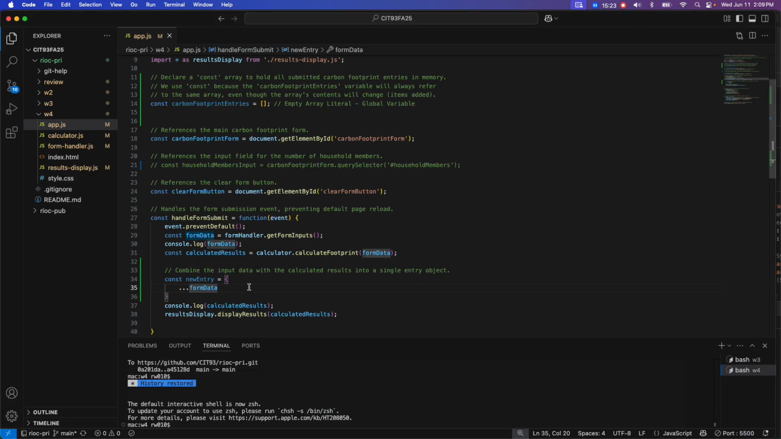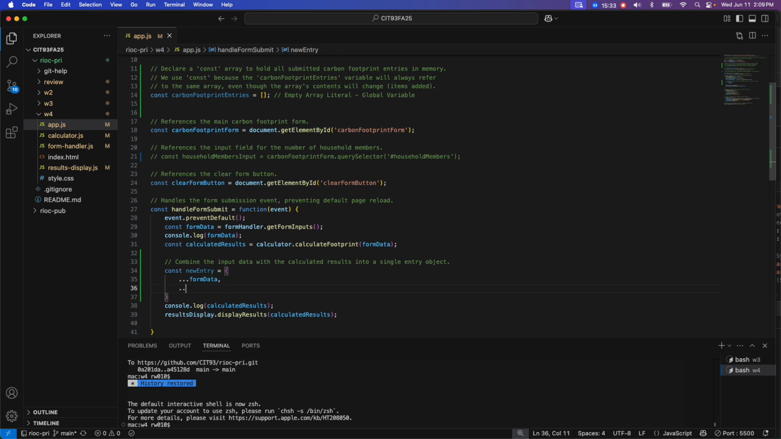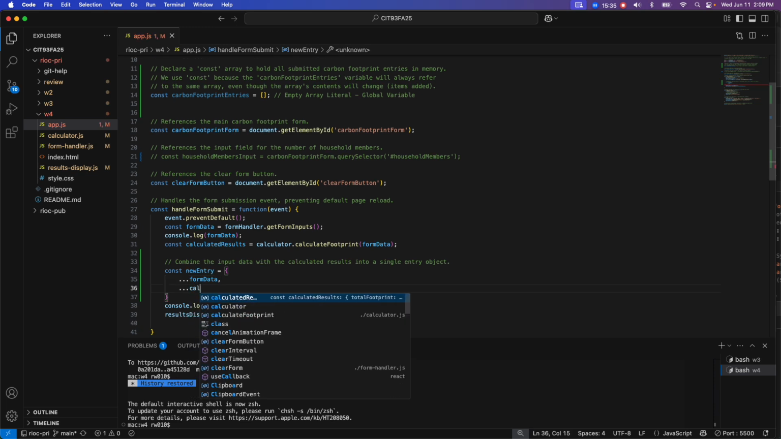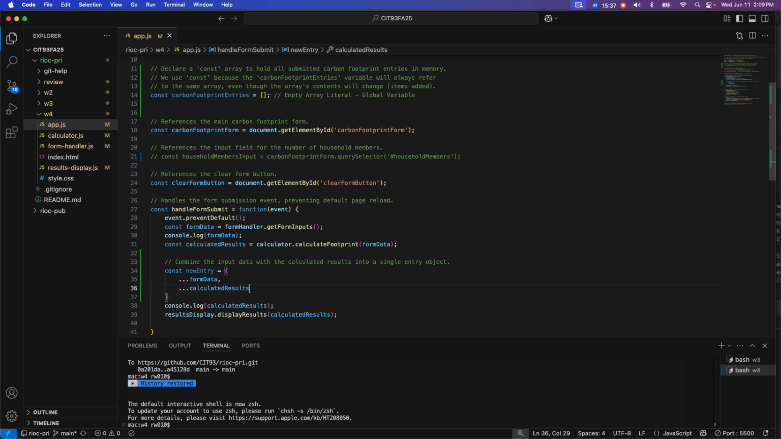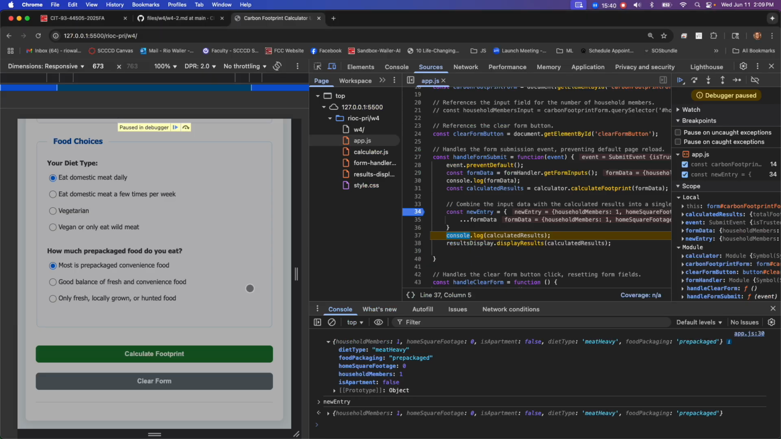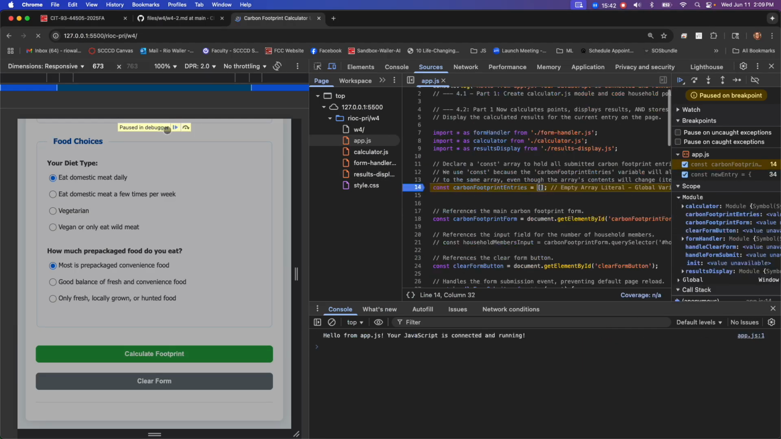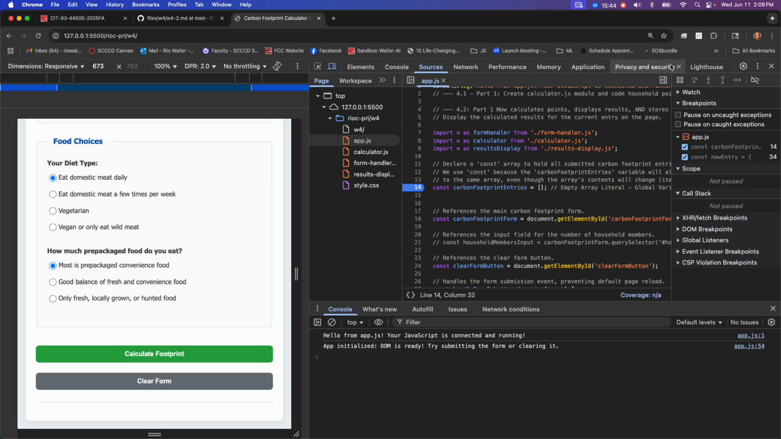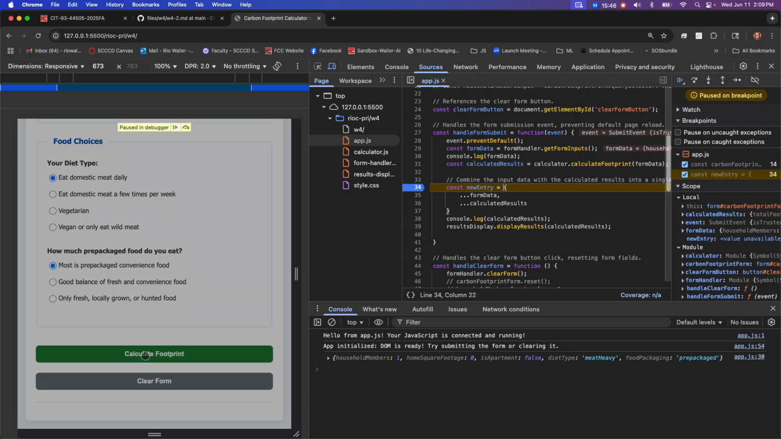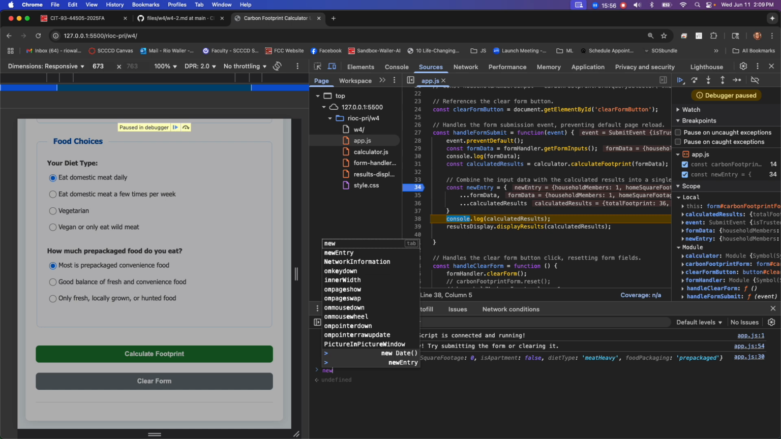So it's just a quick, and the spread operator is very, very awesome, because it just saves you so much work that you'd have to do. So now we're going to say, also give me the calculated results. Awesome. So now we have combined, let's just show this. Let's go ahead and submit right here. So now when I run this, so now my entry, my new entry,